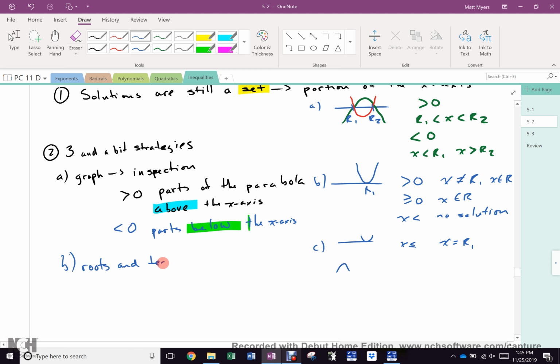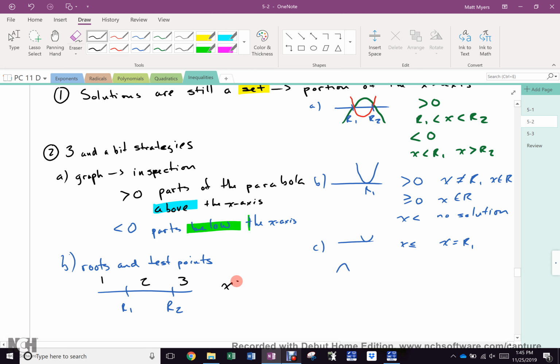Roots and test points. Root 1, root 2. If you can use 0, it's good, right? But there is region 1, region 2, region 3. If you check a point in region 2, is that all you need? Yeah, because if it doesn't